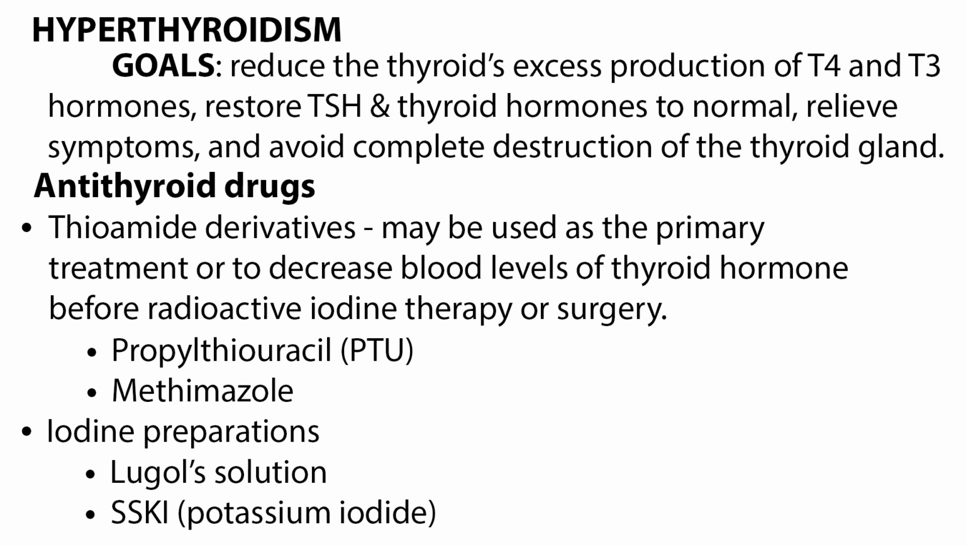Antithyroid drugs include thioamide derivatives and iodine preparations. Thioamide derivatives include propylthiouracil, or PTU, and methimazole. Iodine preparations include Lugol solution and SSKI, or potassium iodide. Thioamide drugs may be used as the primary treatment or to decrease blood levels of thyroid hormone before radioactive iodine